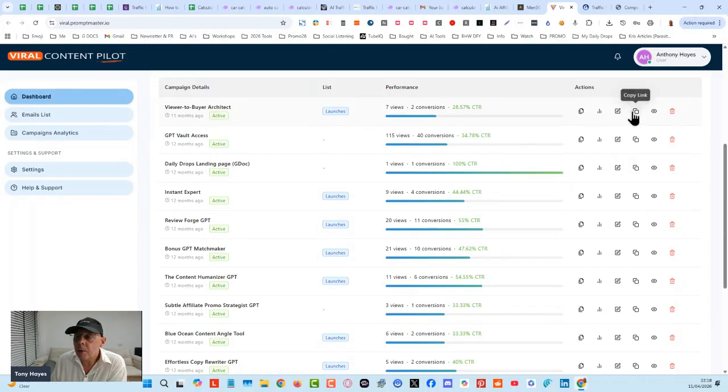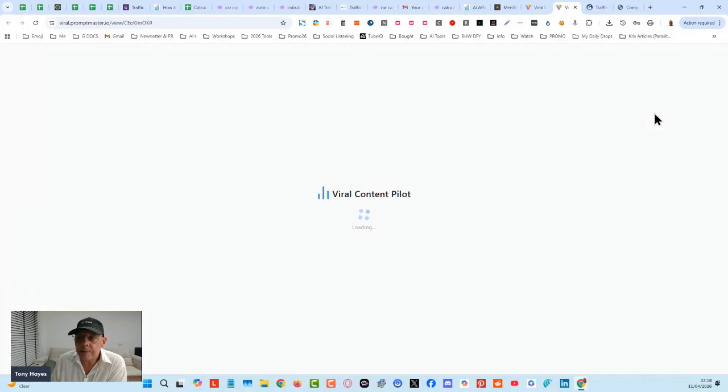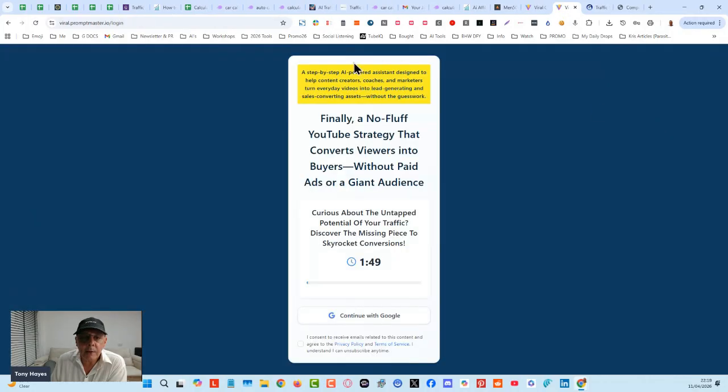And just click on a couple of these so you can see a more recent version of them. You can see we've got a pre-headline, a headline, a sub-headline. We've also got some bullet points that you can put in there as well. And the important thing about this is when people want something, then they have to click to continue with Google. That means you're going to get their real email address.